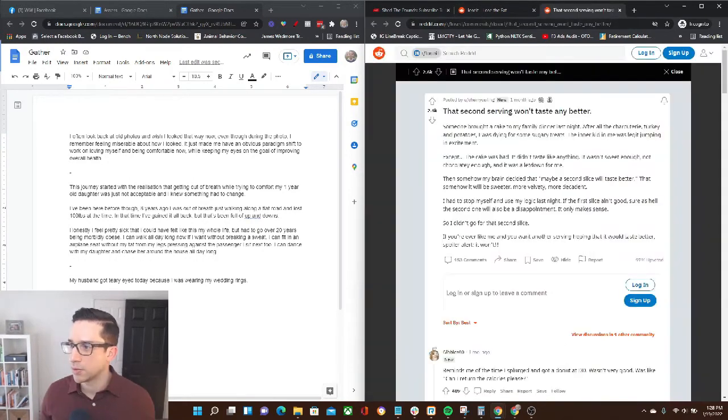There we go. Second serving won't taste better. Someone brought a cake to my family dinner last night. After all the charcuterie, turkey, and potatoes, I was dying for some sugary treats. The inner kid in me was legit jumping in excitement. Except the cake was bad. It didn't taste like anything. It wasn't sweet enough, not chocolatey enough, and it was a letdown for me. Then somehow my brain decided that maybe a second slice will taste better, that somehow it will be sweeter, more